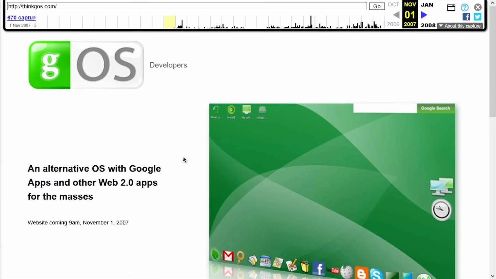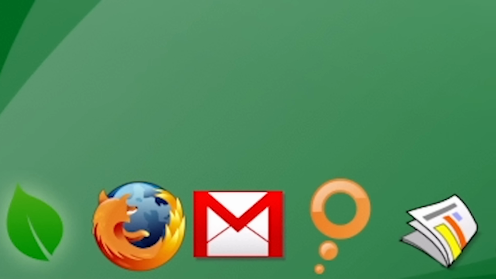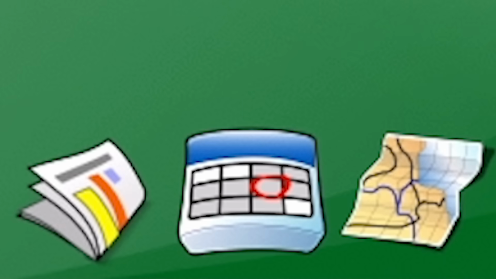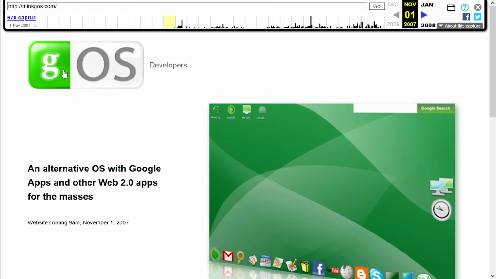So gOS was just a little blip on the Linux radar that sprung up in 2007 and aimed to be an operating system centered around Web 2.0. So you've got shortcuts to Gmail, Google Calendar, Docs, Maps, YouTube, Blogger, a lot of Google stuff. But the G in gOS actually stands for good. Although I think it's kind of meant to associate it with Google without making it seem like it was made